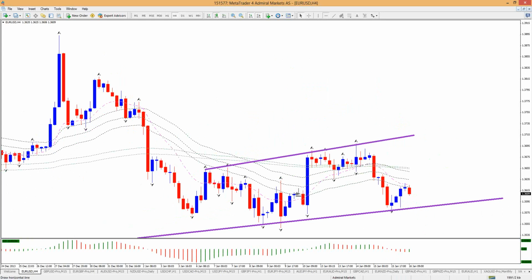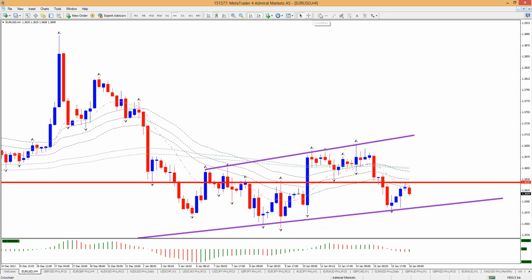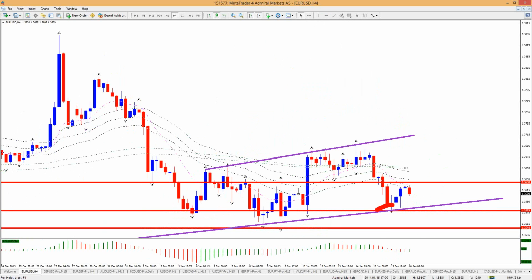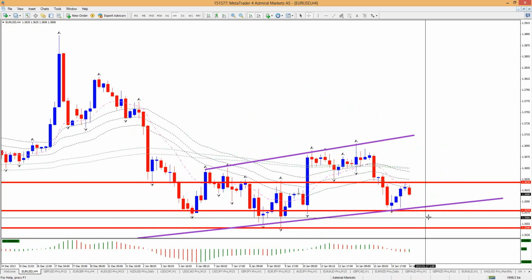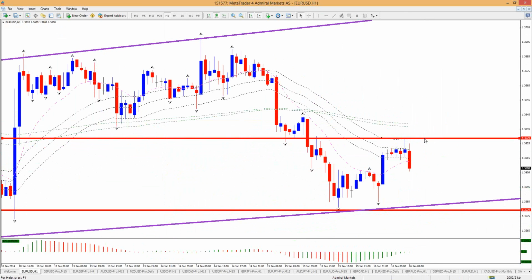So I would think that basically either this top, this bottom, and this bottom, roughly these three levels, I would say, are a good indication. If we break above 136.30, there could be some space for upside. And a break below, we could see some fall and continuation of that fall. Why 136.30? Because I think this will become a fractal. It's not yet. We need one more candle next to it, but